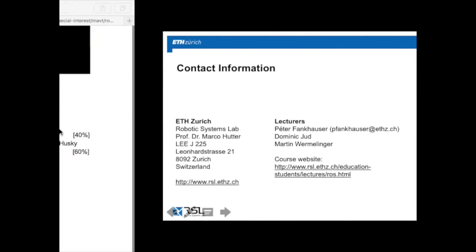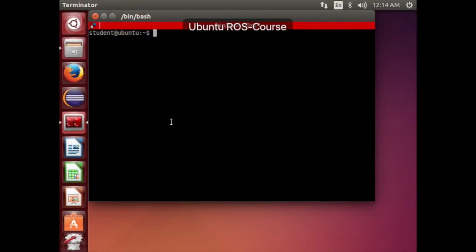Now I'll quickly take you through the exercise. So I already prepared that launch file. Now Peter explained to you that you can start a launch file by typing ROS launch, the package name, and then the launch file. But you can also directly start the launch file without the package name, because now you're going to write the launch file, but you don't have a package where you can put the launch file, right? So you can just create the launch file anywhere in your PC, and then type ROS launch,